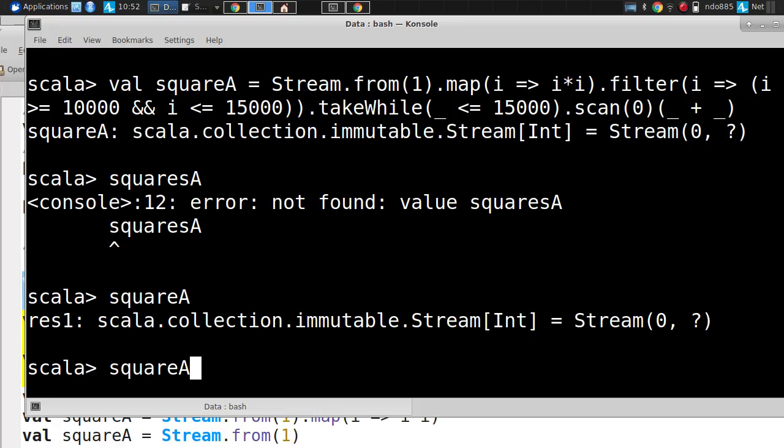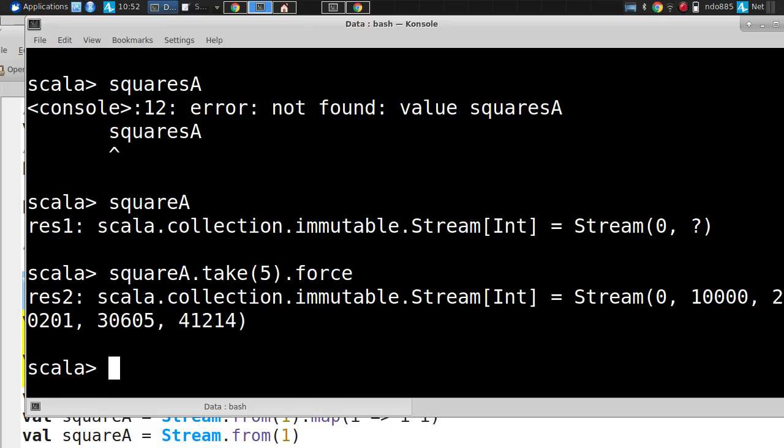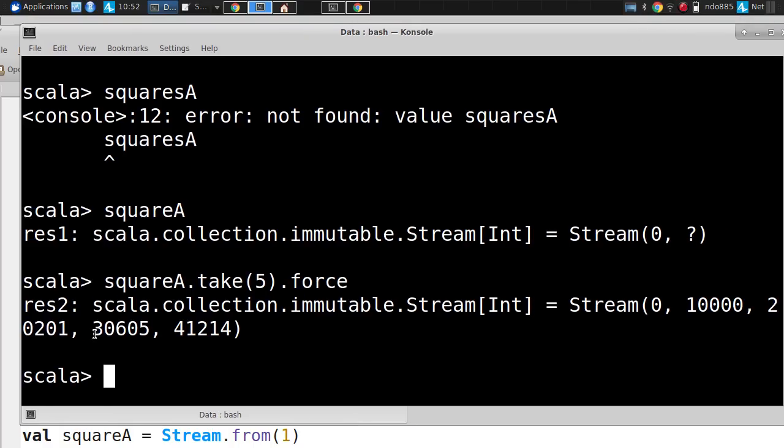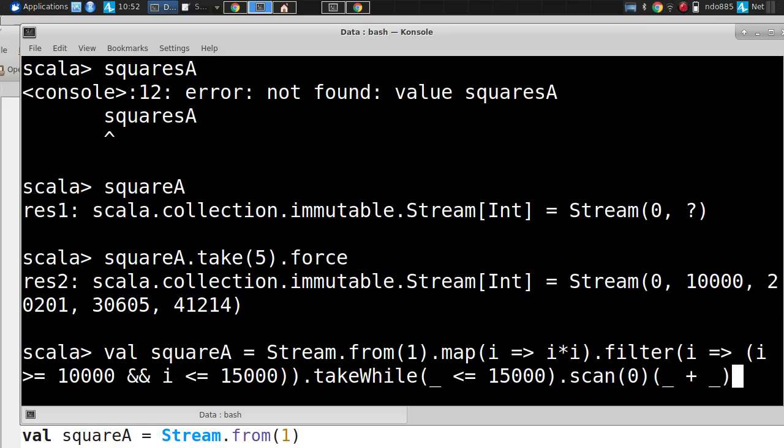Anyone remember? Well, what is this scan doing? This scan is adding up successive prefixes of these. Starting at 0, this is the initial offset, it's going to be adding each successive one on. So I'm going to do .take 5 .force here. Okay, here we are. Here's 10,000, and 20,201, 30,605, 41,214. So it's basically successively adding together these perfect squares from within that area